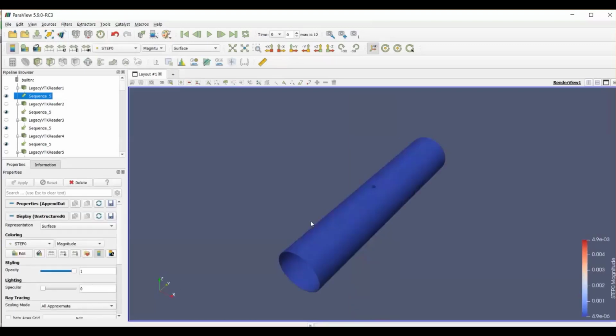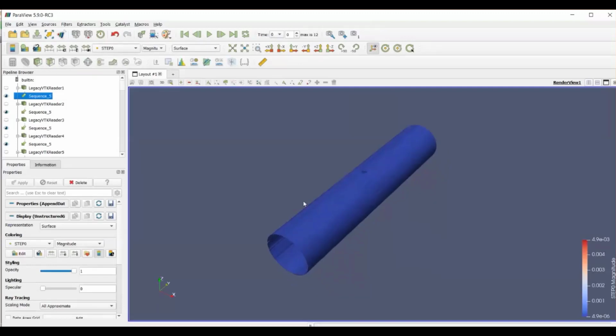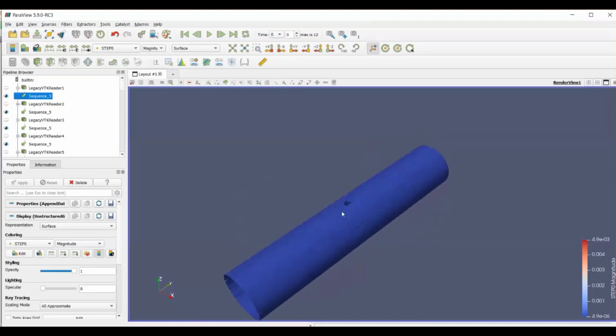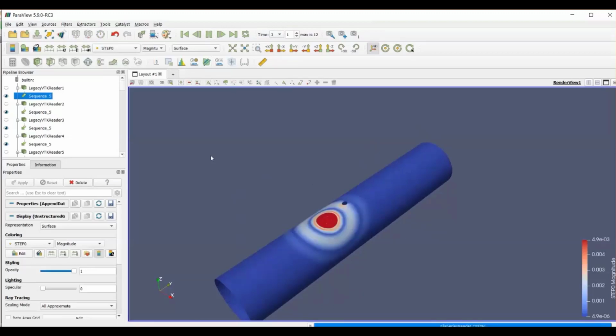I'll just do nothing at the moment, it's loading on its own. Okay, once done, you have a visualization of the tube, and you can animate. You can see the hole here, and you can play the field propagation animations in ParaView.